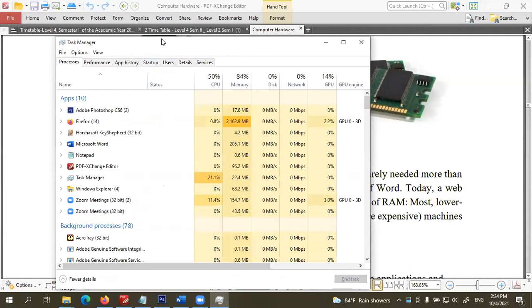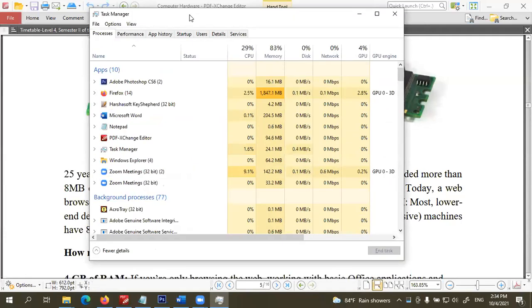Right, children. Here in the task manager, you can see the performance of RAM or of the computer. See, this is the amount of RAM used. Now in my computer, 80% of RAM is used. You can see this is the heavy consumer of RAM, Firefox. Normally web browsers highly occupy the RAM. That is because it is always refreshing. You are always communicating with other devices, the internet, and they are always refreshing. So they always occupy a large amount of RAM.